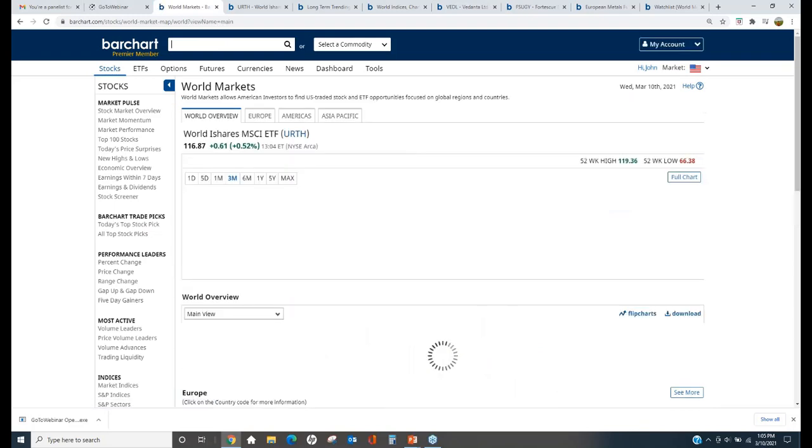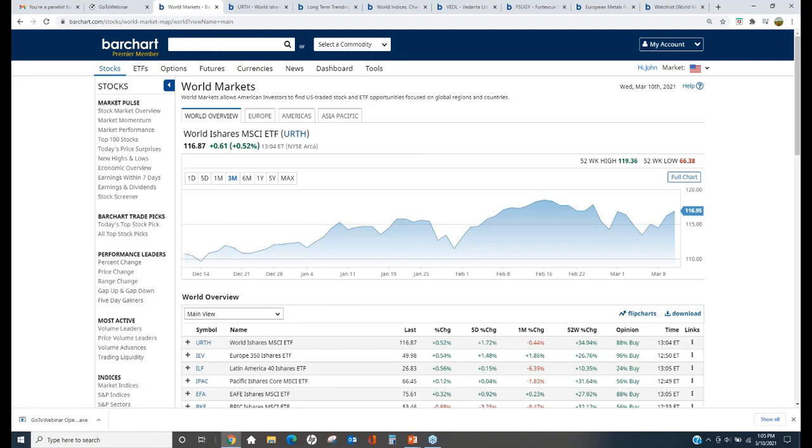So the two techniques that I'm going to work with you guys today are, one, your conventional top-down approach, where we'll look at the big picture and narrow down to individual candidates. But also I want to show you a cool way we can start looking for opportunities, which I call the cross-asset approach, where we're going to look at different types of assets to give us trading opportunities in certain markets.